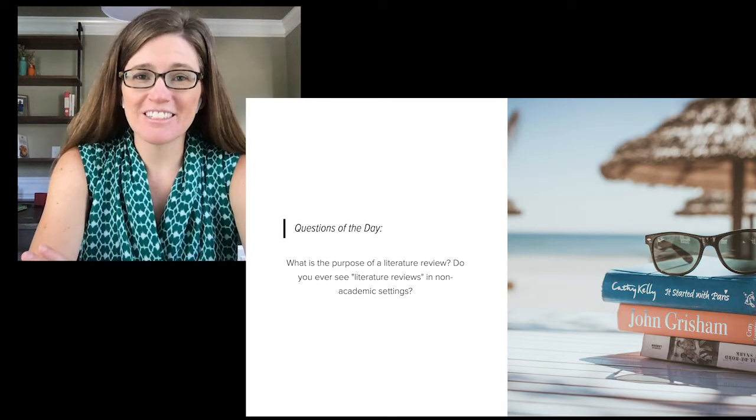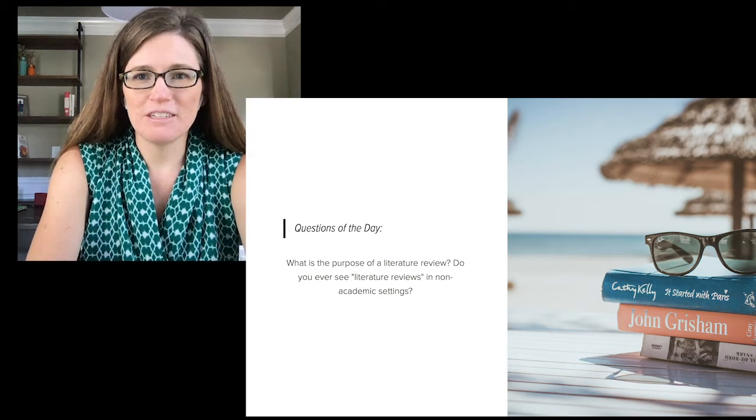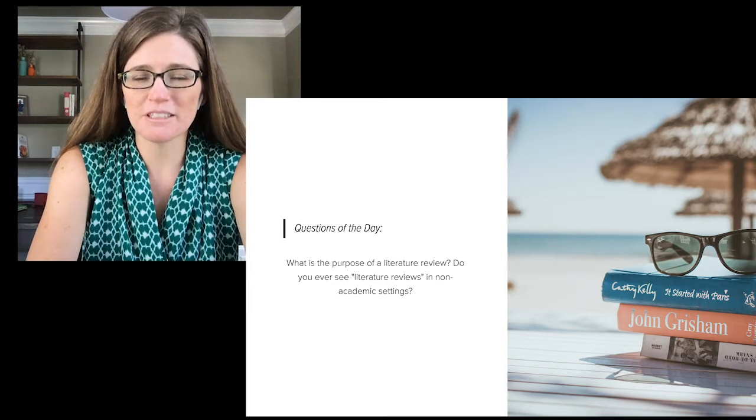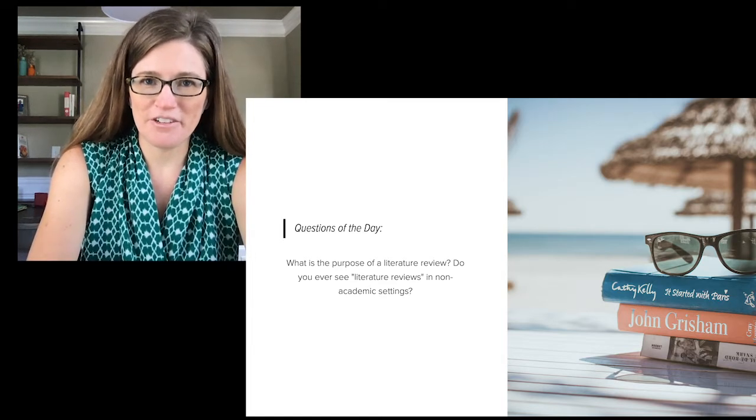The purpose is, like I just said, to provide some background research on your topic and to show others who might approach your topic or your project that you did your groundwork and you didn't just come up with this project on your own, that this is an important topic that other people have studied as well. And you also want to start yourself off on the best foot by showing that you have consulted what others have said about your topic first.